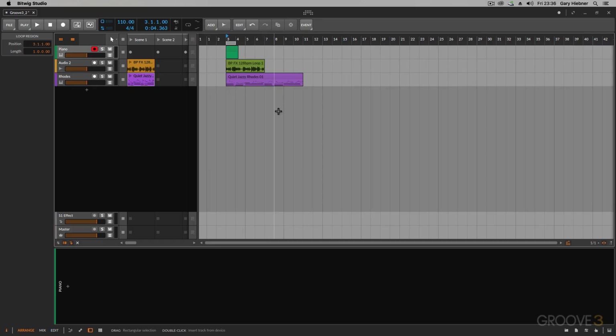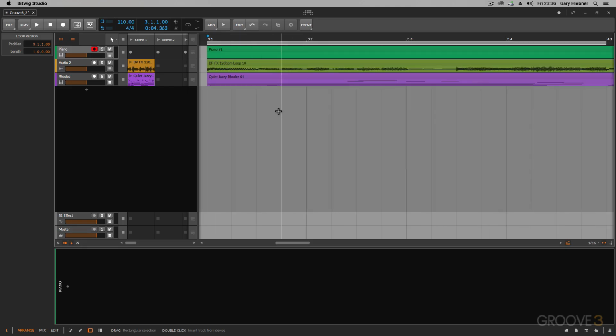Now, another thing you can do is if you hit the key Z, it's going to zoom into what you have selected to fit the screen. So there is the piano part that's zoomed in to fit the selection of the page. If I zoom out,